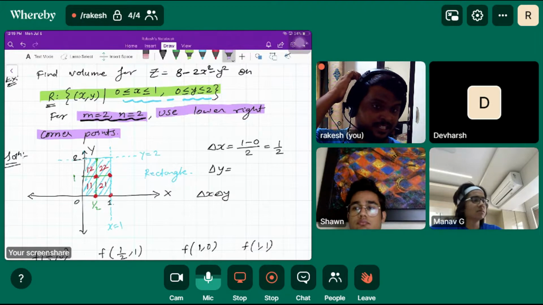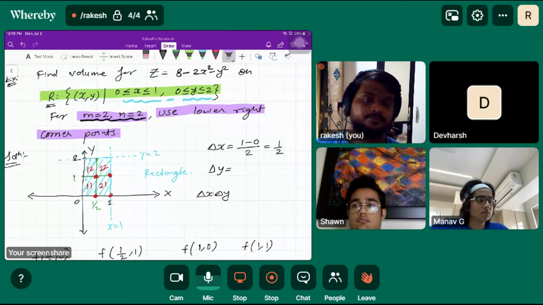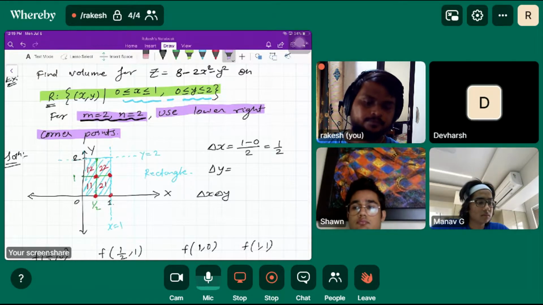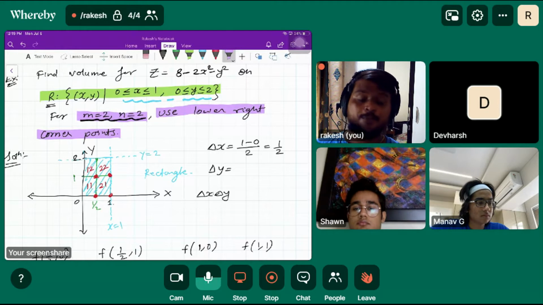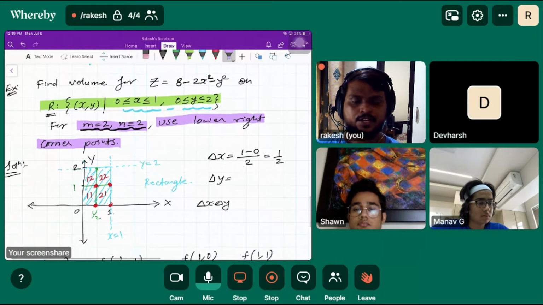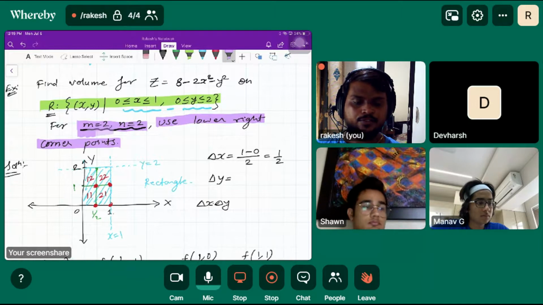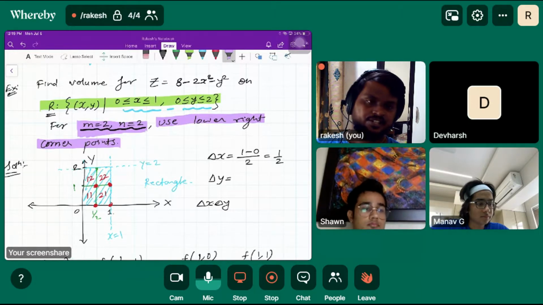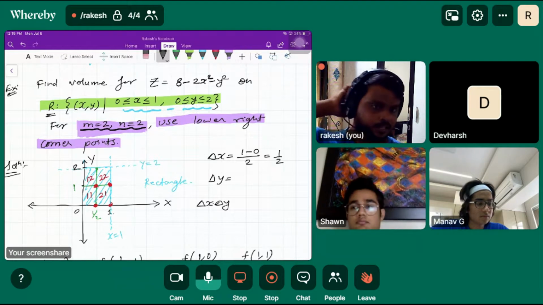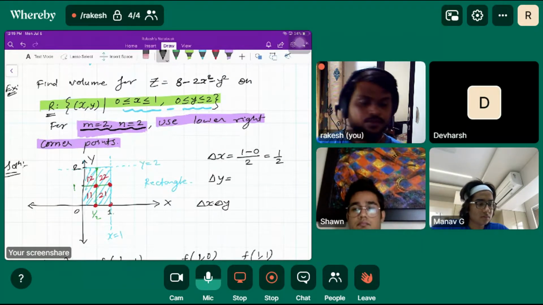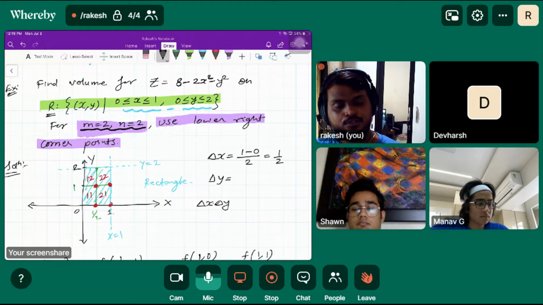So I was asking, are we doing integration or approximation? Approximation, right? Right now we are finding the approximate area because they already gave you the finite partition here. Okay, and then we gradually enter into the multiple integral after this. Okay, so what is delta y?